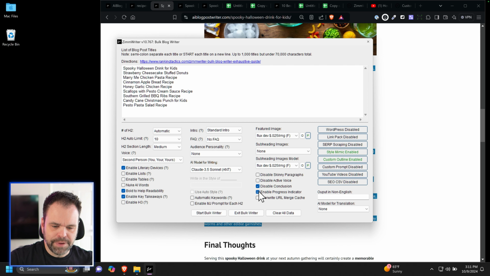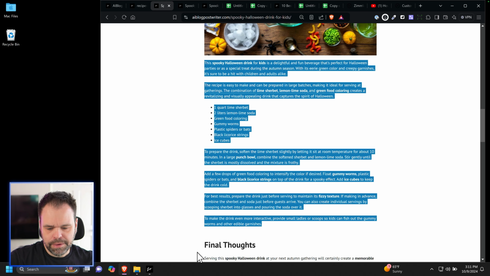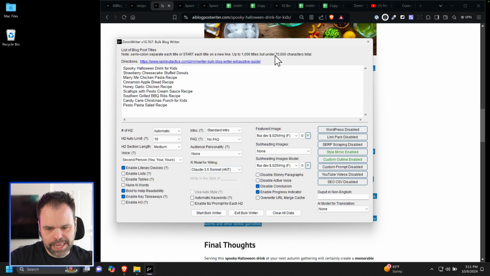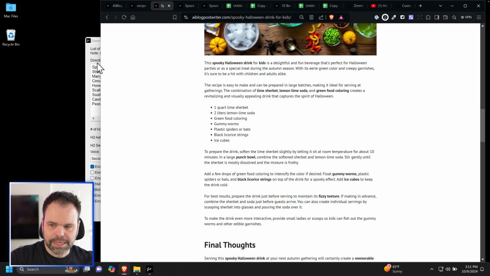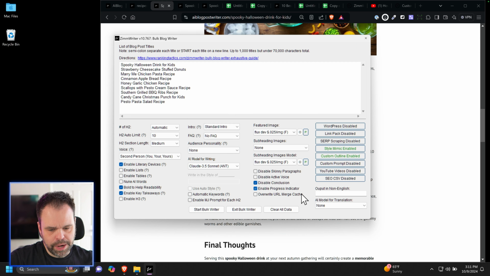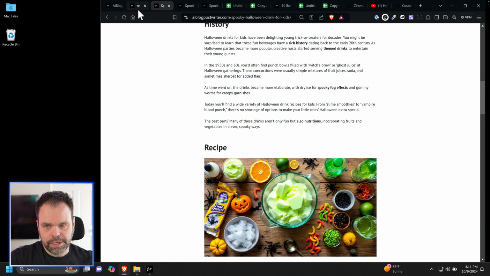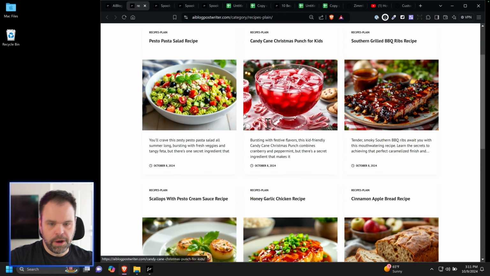And it's pretty good at following my raw prompt. If you use something like GPT-4o Mini, it might not do a good job of giving you exactly this. So just keep that in mind when you're writing. But yeah, I think those are the only settings. And then I just click Start Bulk Writer and it spit out all of these articles for me automatically uploaded